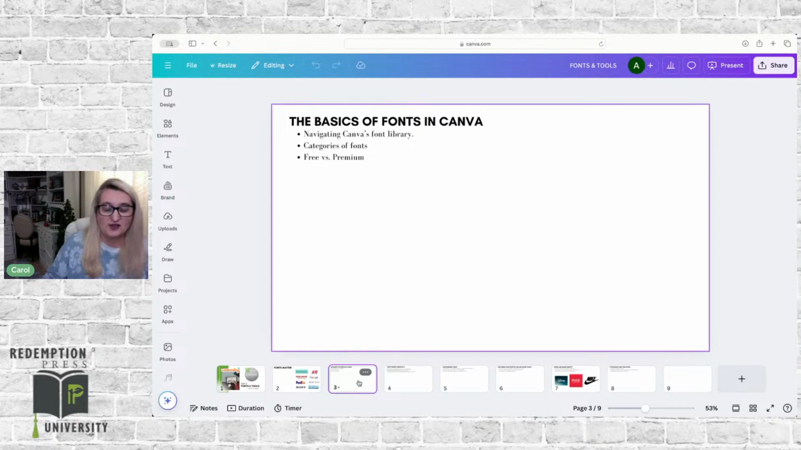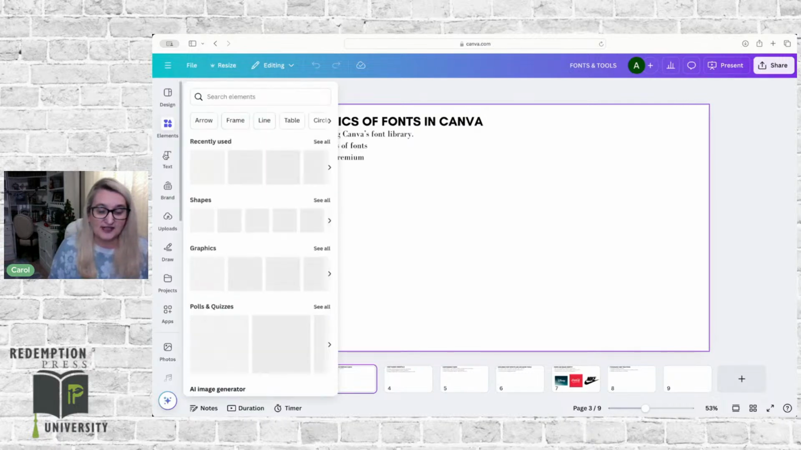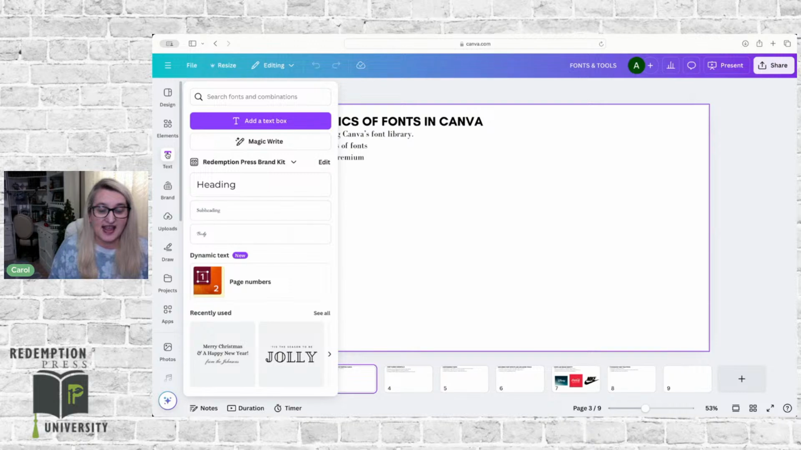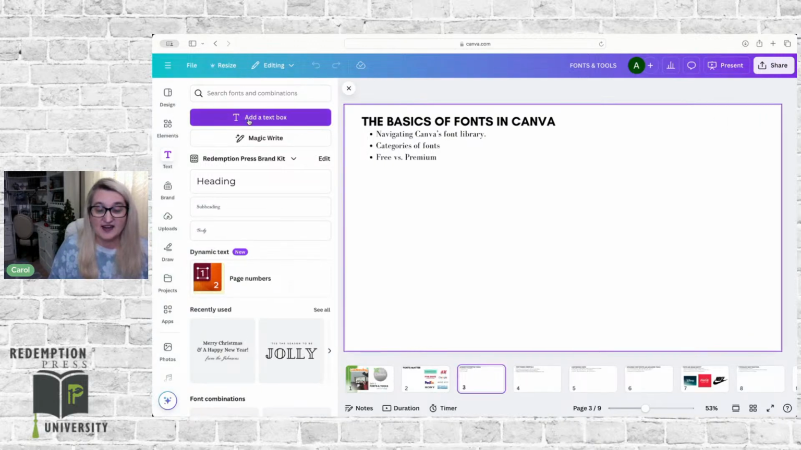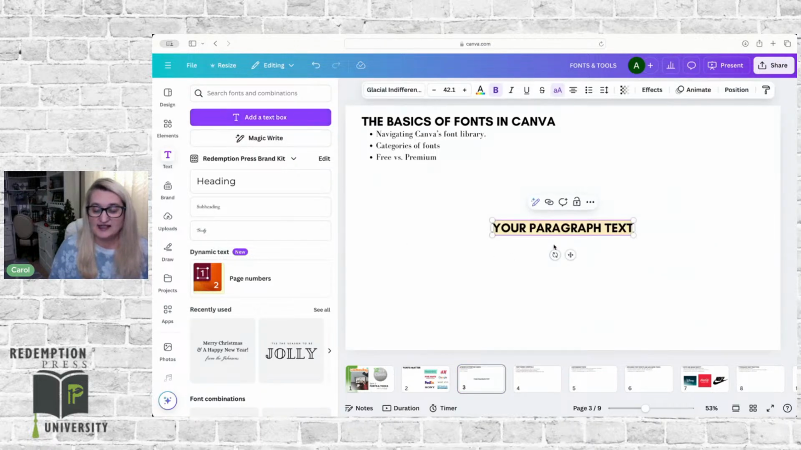So I'm going to show you a little bit of how to navigate the Canva font library, what kinds of categories there are in fonts, and then free versus premium. So when you want to add a font to your canvas in Canva, you simply come over to this text box and you click on the text box, and there you will have a purple box that says add text box. Super easy. And so you can add that, and you will see there is a text box now that I can actually start typing in and create my content that I would like my graphic to have, or my